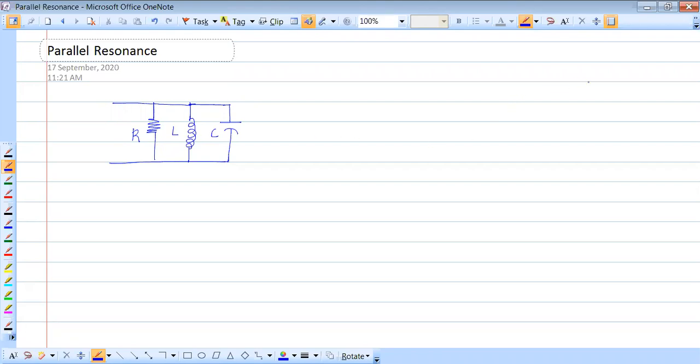Now when we were dealing with series resonance here, RLC, what we were applying, voltage source, right? We were applying voltage. What we used to look at, we used to look at current. Why were we interested in current? Because since RLC are in series, the same current flows through all the components. So that's why I'm interested in I here with applied V.